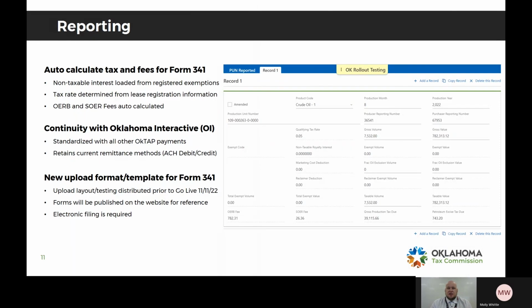The next area I'd like to talk to you about is reporting, since that's going to be the biggest issue to tackle. First, again, it'll be on the new form, which is the form 341. And as you see, we have